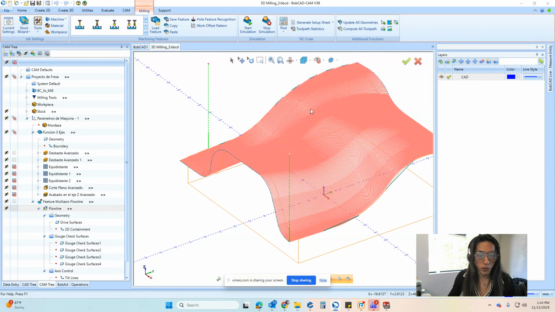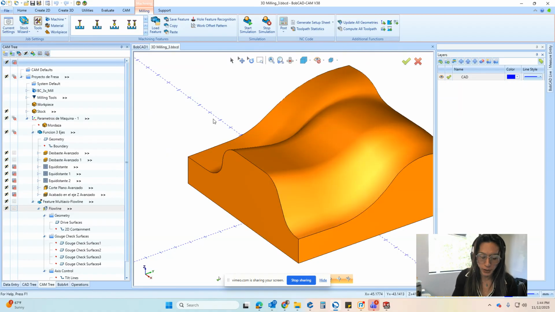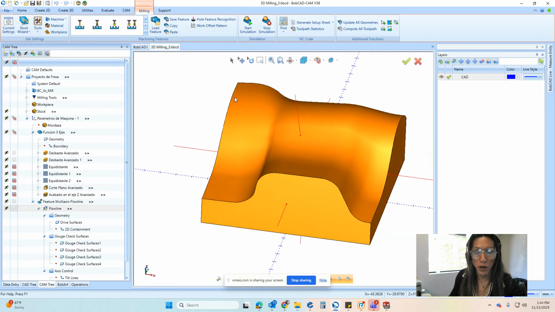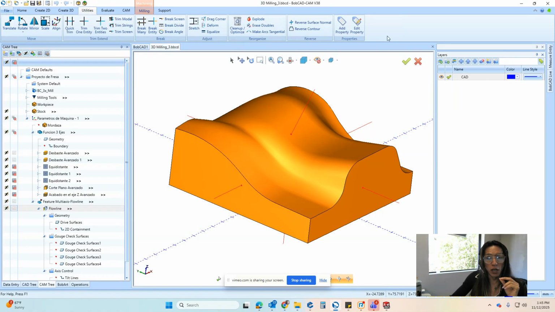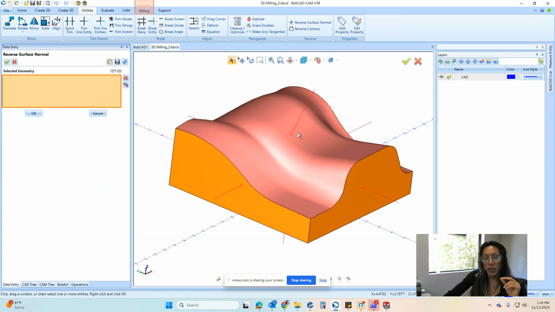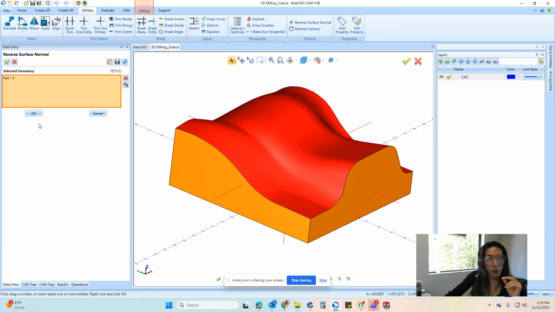You activate your normals by pressing the letter N on your keyboard. If you press N, you can activate your normals, or if you don't have a keyboard, you can go to the view options to see the normals. If your normals are looking inwards, we can change that in utilities. In utilities, there is an option called reverse normal. If I reverse this normal,